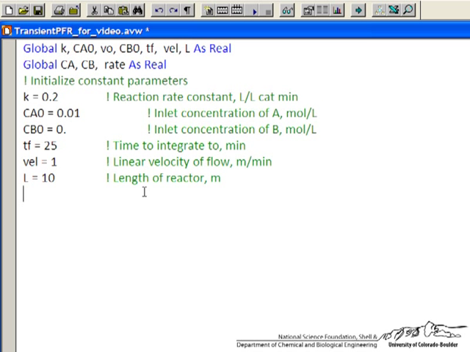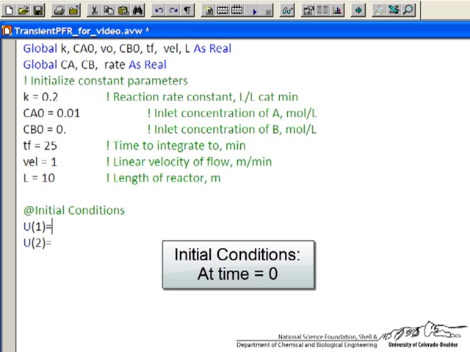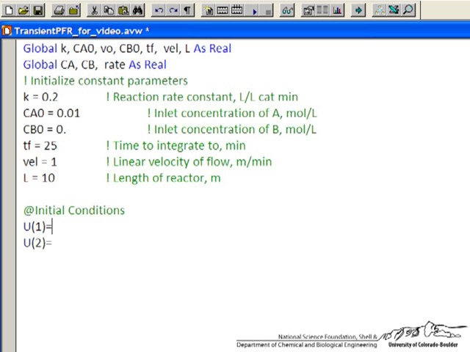So what I want to do is, if I hit F11, it asks for initial conditions. As I indicated, I have two variables, and U1 is going to be the concentration of A, U2 is the concentration of B. In this case, initial conditions does not mean the inlet to the reactor. It means at the start, what's the concentration in the reactor. So for example, my inlet feed concentration is 0.01 for A and 0 for B, but I could certainly start the reactor off where this is